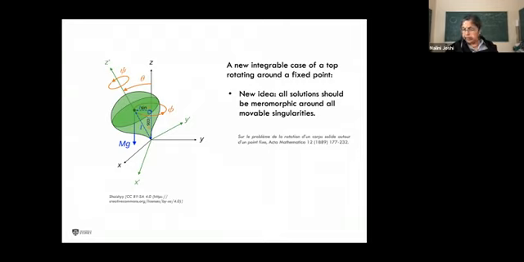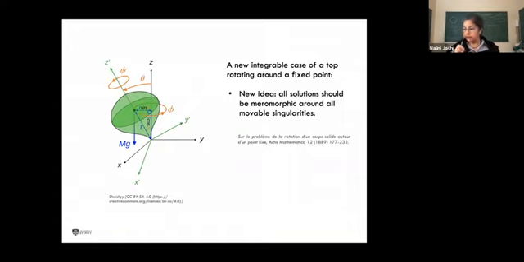And in her way of phrasing the problem, obviously she and others were aware that Euler and Lagrange had already solved this problem for certain specific cases. So if you think about the moments of inertia in the three principal directions as say A, B, and C, corresponding to X, Y, and Z coordinates, Euler solved the case when the center of gravity of the top, the spinning top, lay at the origin.